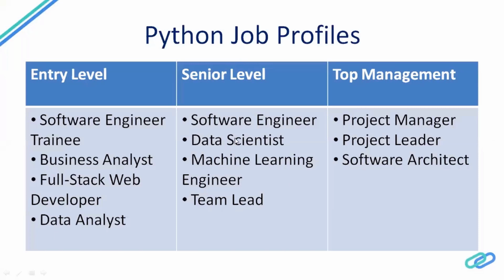So as you grow, you become from software engineer trainee into a software engineer, and you might even become a team lead. And then we have data scientist and machine learning engineer. So these people work with data and they try to come up with different patterns in data so that it helps in the decision making process for the organization. And then at the top management, you either become a project manager, you manage the project, or you become a project leader, or you become a software architect on the technical side where you design the complete workflow of the